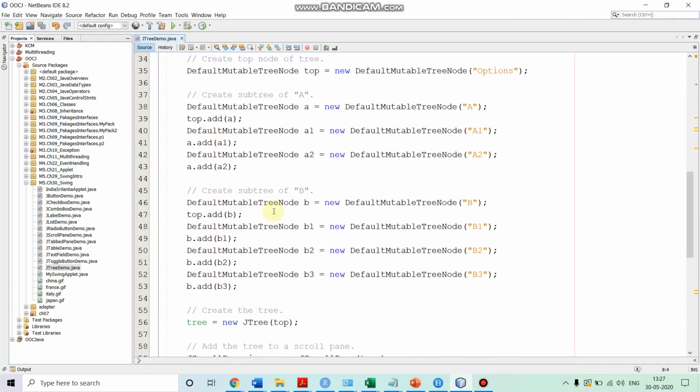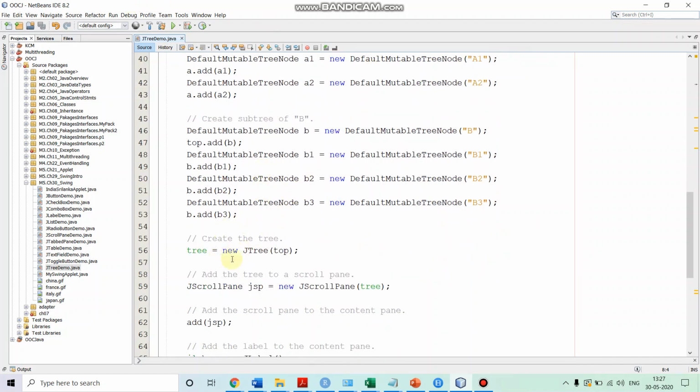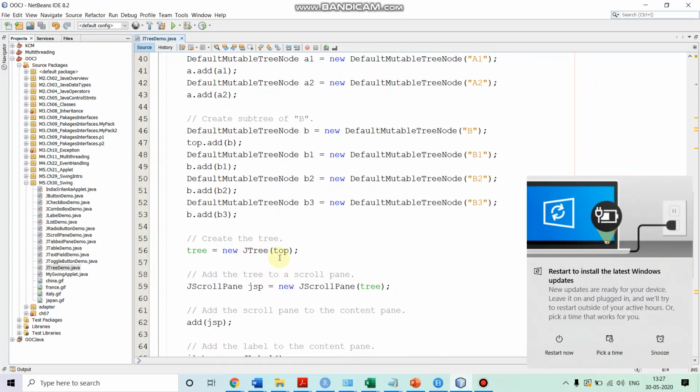These are all the nodes which we want in our tree. After that we create the tree. So we instantiate JTree, and we pass only the top node to it as the parameter. All other nodes are already connected to the top node, right? So we pass the top node as a parameter to it.